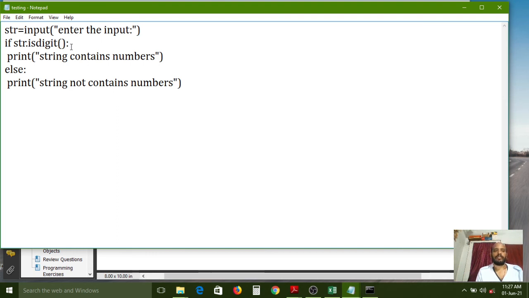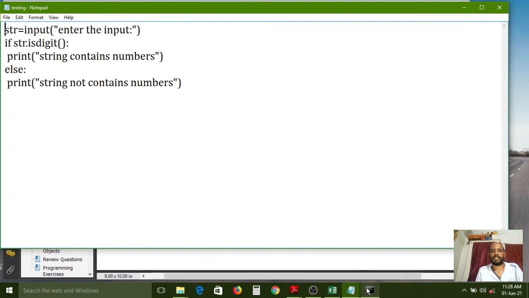If it is true, then this block will execute. If it is false, then the else block will execute. So the isdigit method returns what? If the user input is numbers, the if condition becomes true and the if block will execute. If the user input is strings, then the if condition is false, and the else block will execute in that case.